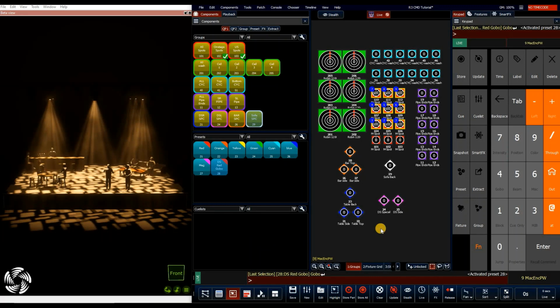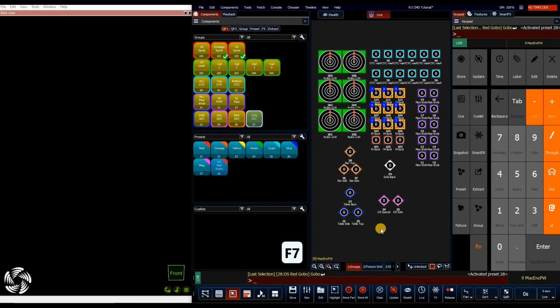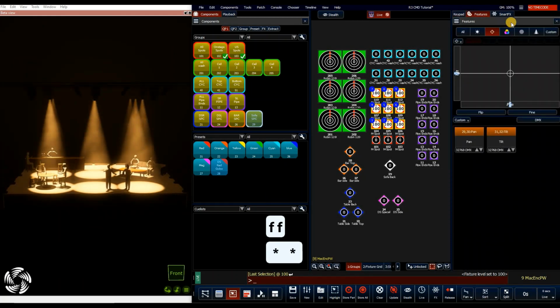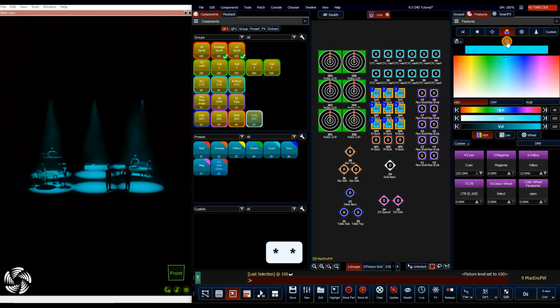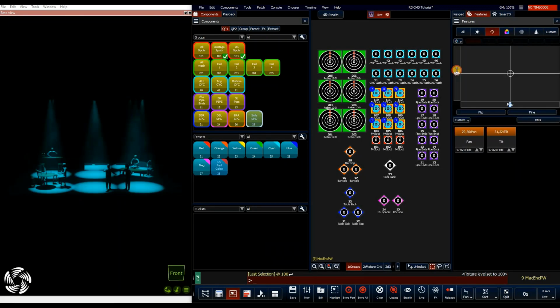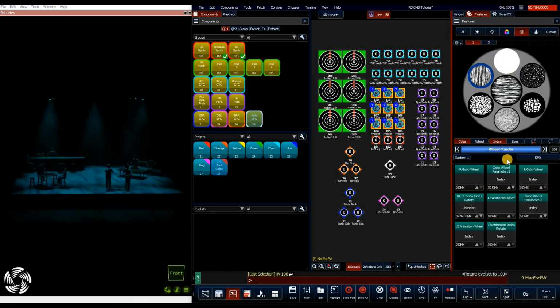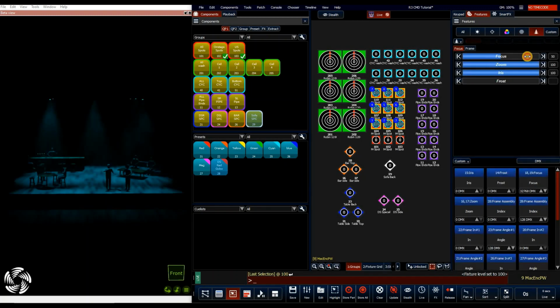So either recalling from your preset like we just did now, or if we create a completely new look, we can filter to different presets. So I can create a new look. Let's go cyan. Again, let's bring them kind of downstage. Let's zoom them out. Let's do kind of like another gobo look. Let's just straighten those up. Make it just off a sharp. So say that's another look that I want. But instead of saving this as a whole look, I can save just the bits of it that I want